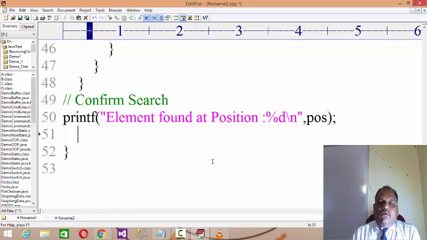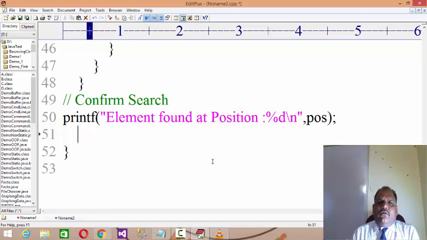Now sometimes it may happen that the entries in linear search and binary search may occur more than one time. What needs to be done if the number of occurrences of the entry is more? It is not possible that every array position has identical entries. There may be duplicate entries also. In such a situation, nothing to worry about.